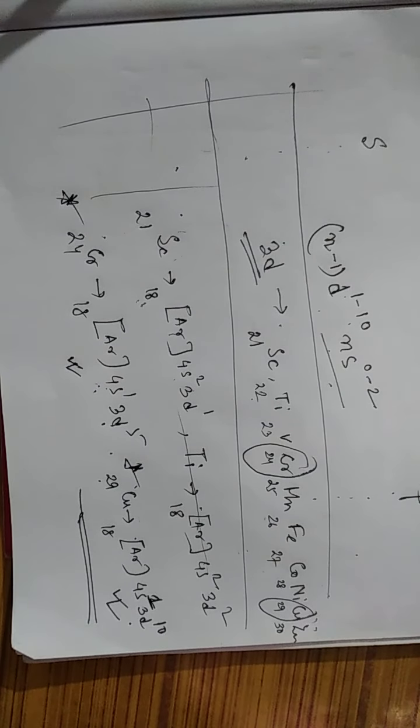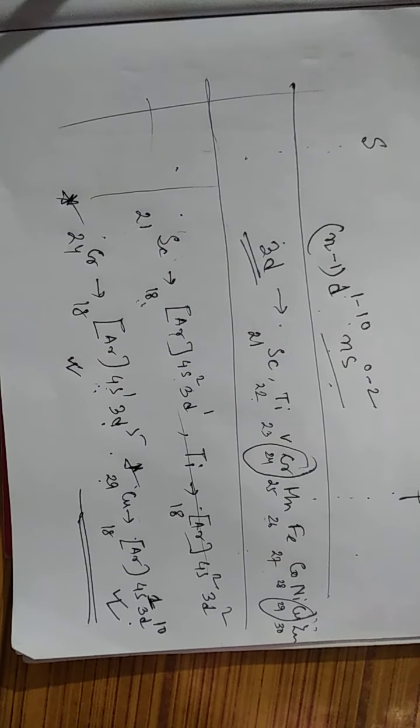So how can we write down the electronic configuration? It will be argon 18, then 4s2, then 3d6, isn't it? So 3d6. That means 6 electrons are there in the d orbital. So you can understand, in the d orbital, if you draw the 6 electrons, the d orbital has 5 orbitals: 1, 2, 3, 4 and 5. That means, how many unpaired electrons?